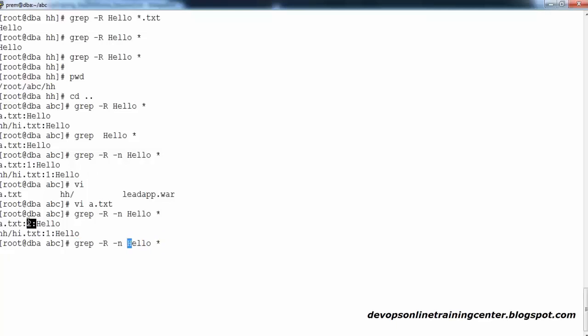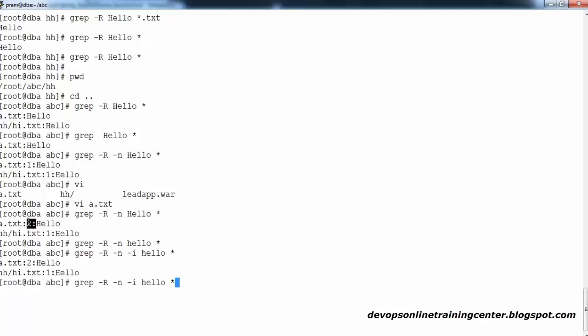Now somebody may ask you, could you please search for hello, which is a small letter. Nothing but this command is case sensitive. Case sensitive in the sense it will match exactly the word. It cannot match caps letters or small letters. So now I have a requirement to search for a pattern which can be there in any case, caps case or small case. To avoid the case, you can make use of an option called -i. -i is nothing but ignore case sensitivity. So now you look at this, it is showing output now. You search capital or small, whatever, it prints the output.